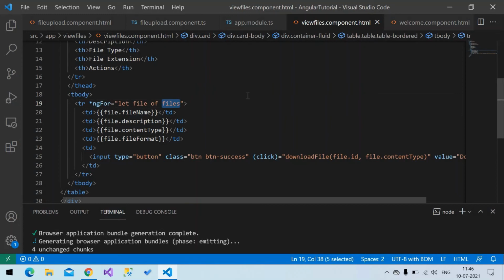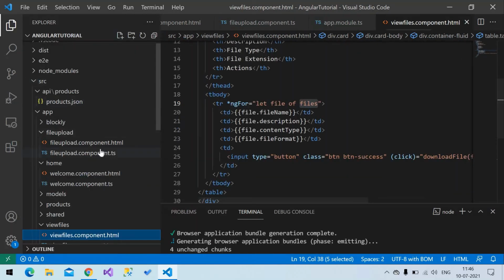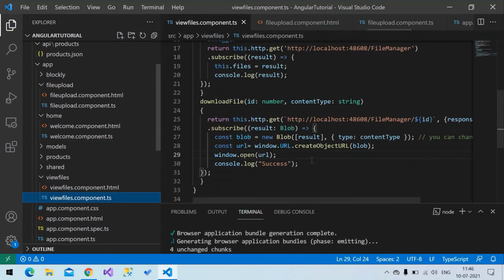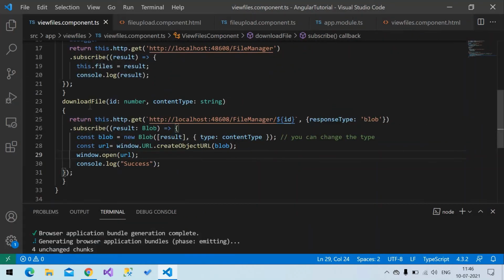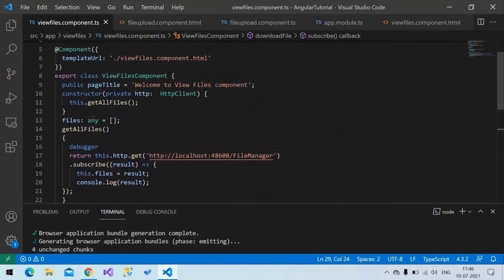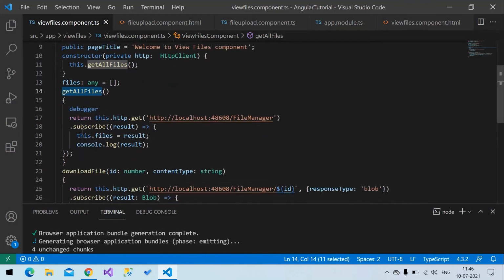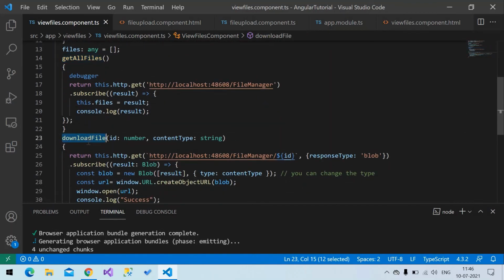So let's look into the component of the View Files. This is the component. Inside this component, you can see get all files to display, and then download file to download.